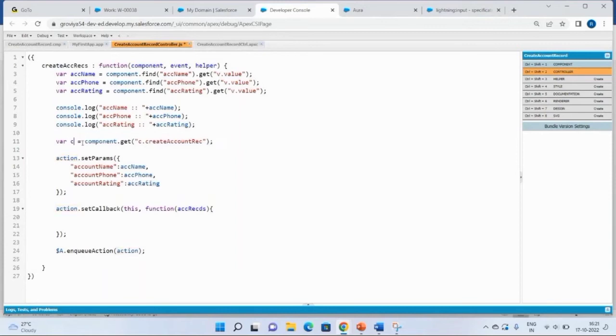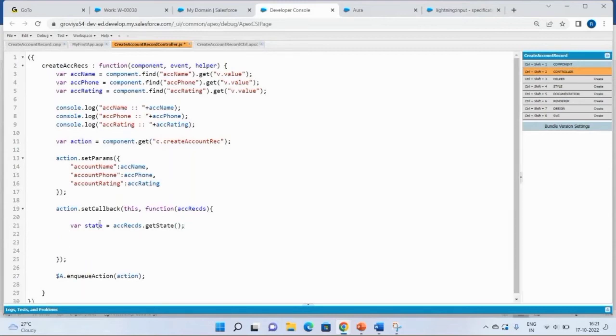You can use create account records, you can use action, whatever you are comfortable with. Here, with the help of this attribute, we'll get the state first, where state equals response dot get state. If state equals success,